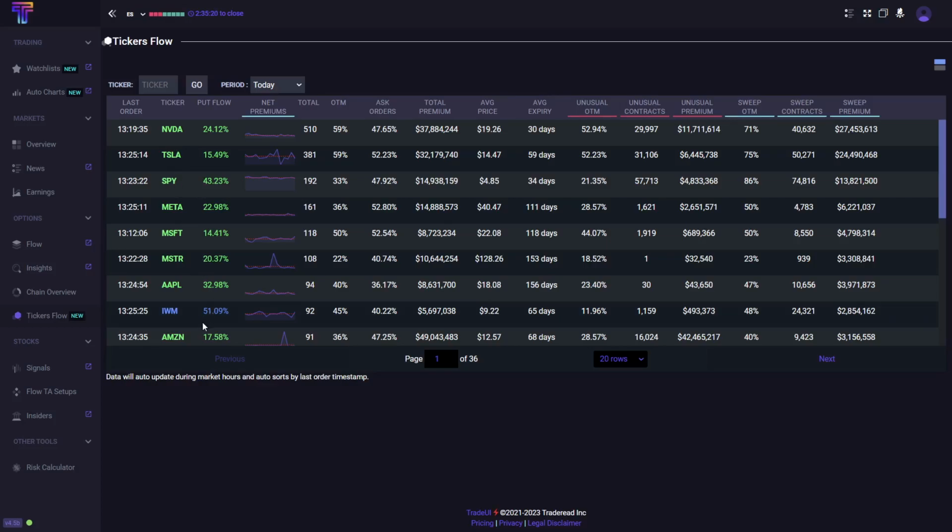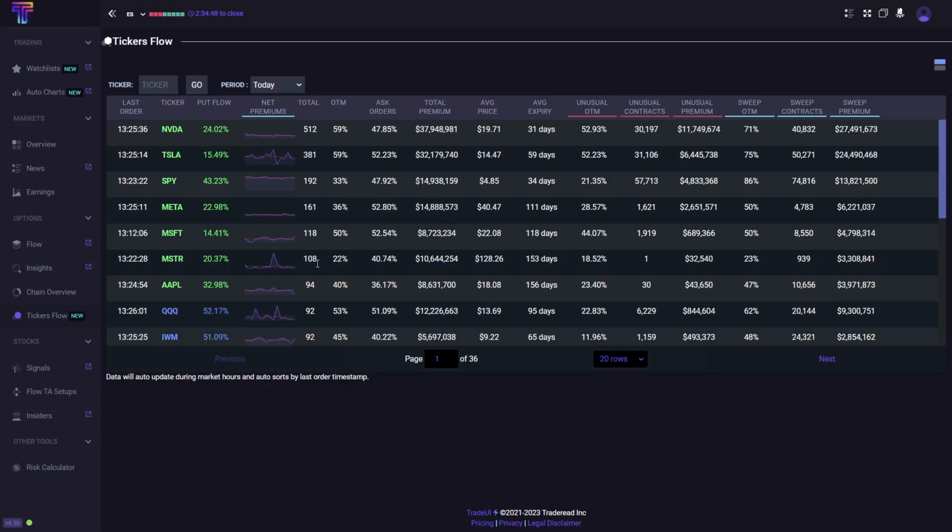500, and etc. You'll see the put flow, which shows you what percentage of these contracts are puts versus what percentage are calls. In this case, 24% of the contracts for NVIDIA are puts today. It'll show you the time of the last order. It'll also show you a linear chart of the net premiums coming in. In this case, you can see spikes of Tesla having net premiums purchased and sold based off this median baseline. Example, MSTR had a huge spike in contracts during the middle of the trading day, and the total is 108